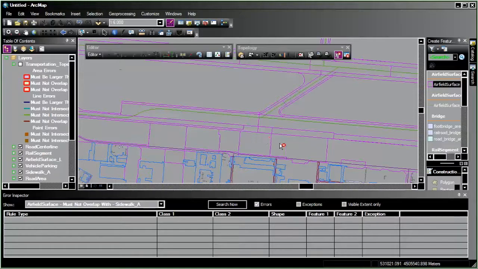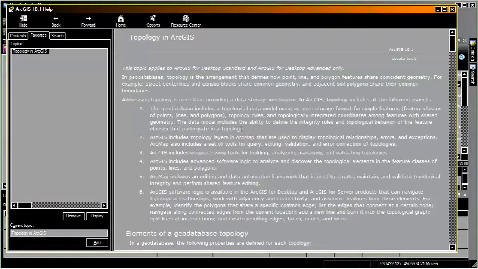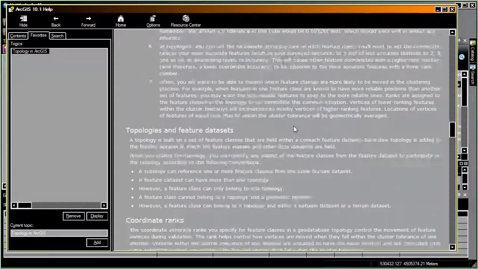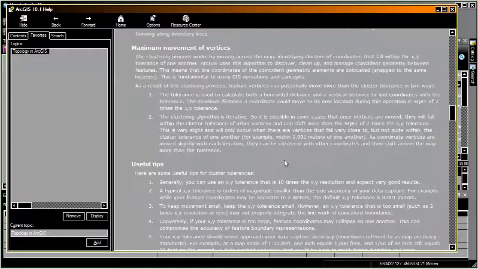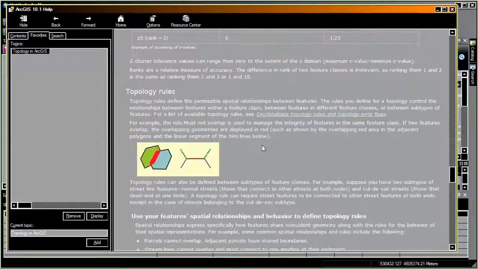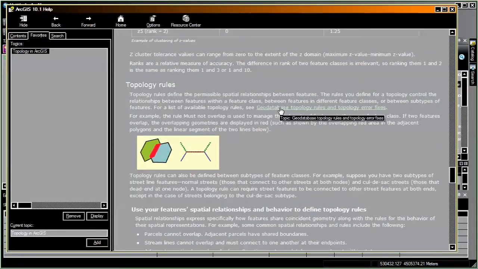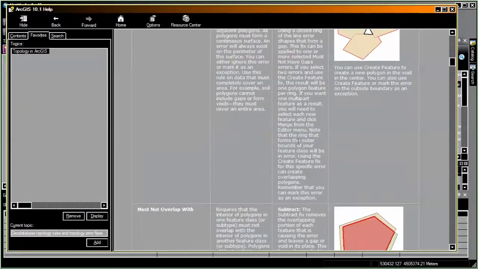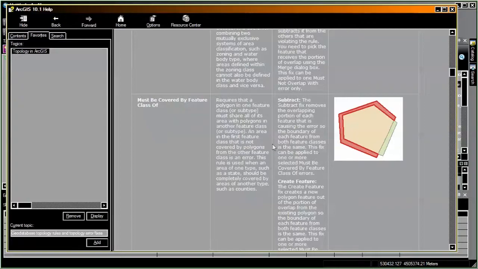Of course, there are 1,000 different tools that I haven't described here in this scenario. As always, a great place to look for more enticing tools and how topology actually works is the ArcGIS 10.1 help. It goes into extreme detail, much like the spatial tolerance section as well. Tips and tricks and how Z topology behaves. Topology rules section, which actually goes into each call that I've included in your rule data sets. So feel free to peruse,